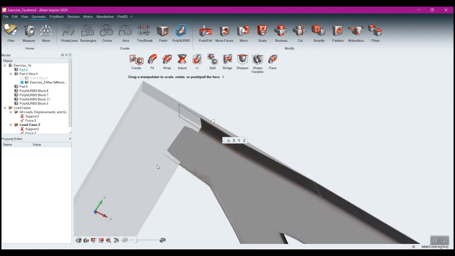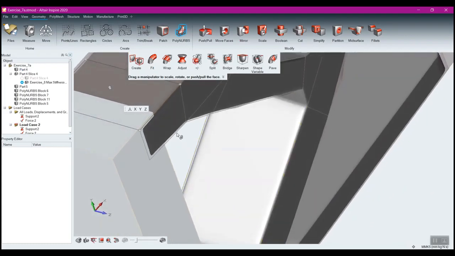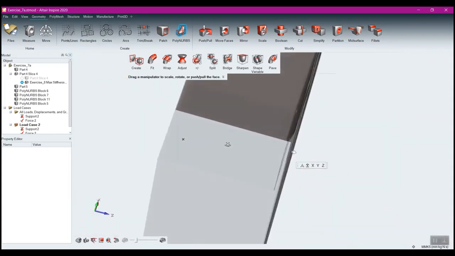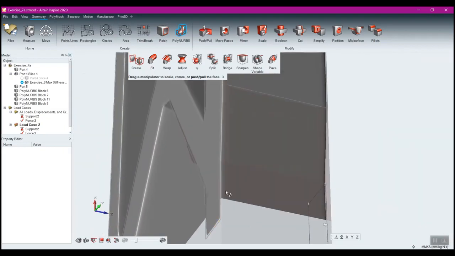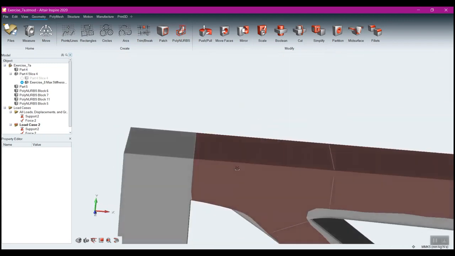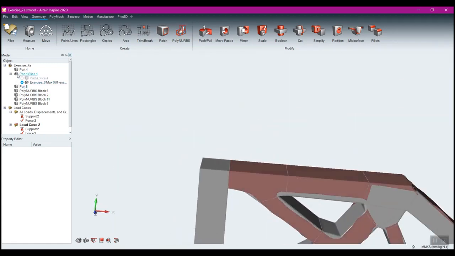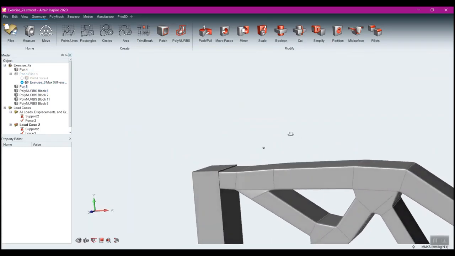I don't want it sticking out of the geometry at all. I want it completely contained within that geometry. Otherwise, we're going to end up with some sliver faces there. Perfect. And now that I have that all taken care of, if I turn off my part there,